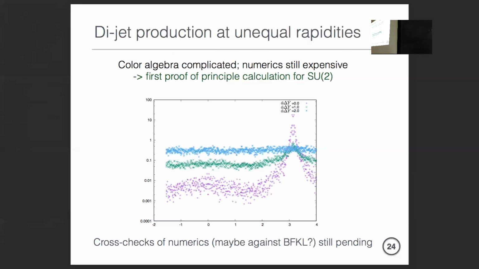No, I can explain later because we're kind of done. This is my last slide actually. This is fixed coupling, so that's also not good for phenomenology. Yeah, you would have to dial down the evolution speed at the very least. But this is to explore what actually happens once you open up the gap. It overall looks physical, but it's still interesting. You still have to do some cross checks, and in particular, it would be interesting to compare this against various levels of simpler models for the cross section.